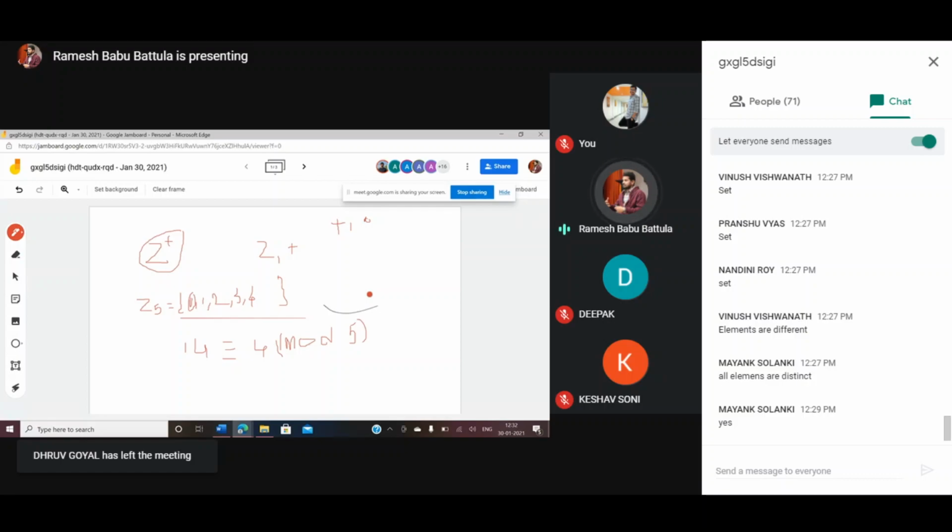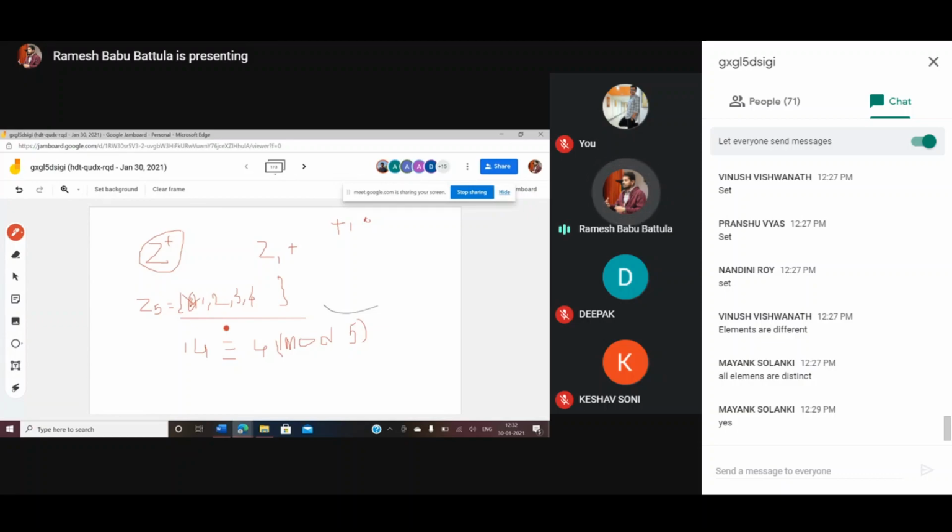So now my question is, is this Z5 a field or not? This is a field. When this is going to be a field, you are not going to consider 0 here. Then you can treat this as a field. Why? Because it should be an integral domain. If 0 is there, 0 doesn't have any inverse element. So that is not going to be a part. That's why 1, 2, 3, 4 you may choose. These belong to Z5. Then this is going to be a finite field.